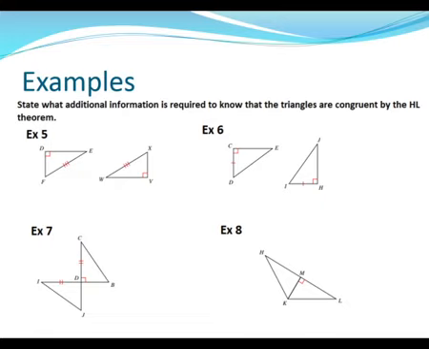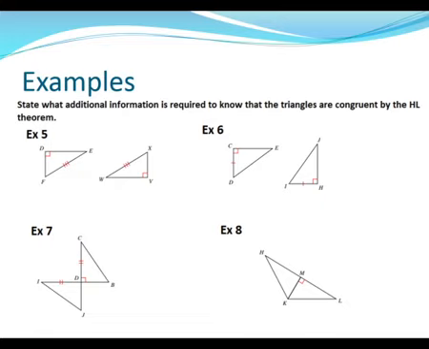So pretty much if we have the hypotenuse, that means we need one of the legs to be shown to be congruent. If we have the legs, that means we need to show that the hypotenuse is congruent between both triangles to show the two triangles are congruent by the HL theorem. So basically, we're either going to be given the hypotenuse or the leg, and then we're going to have to say, well, they should have shown either the hypotenuse or leg to be congruent to show they're congruent by